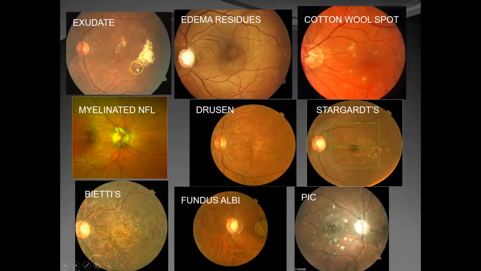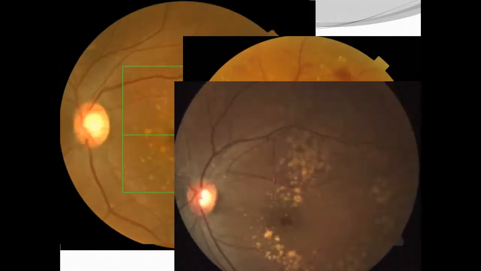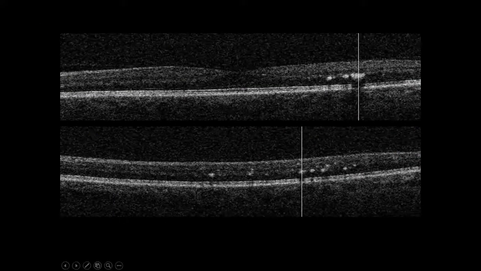Dots and spots, lots of different conditions have dots and spots. And we have a couple of articles written on this one, published in Eye and Brain. We did this in Retina Revealed also. We have dozens of patients with dots and spots, and OCT is very, very useful to tell us which ones are where. So we're not going to have time to go through the differential here, but the important factor is